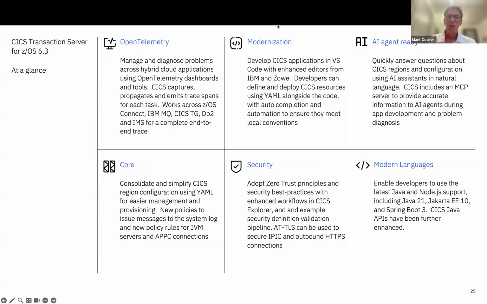If I stop sharing, we can go on to Todd's bit. All right, thank you, Mark. I think Amanda's going to have to give me sharing privileges again.